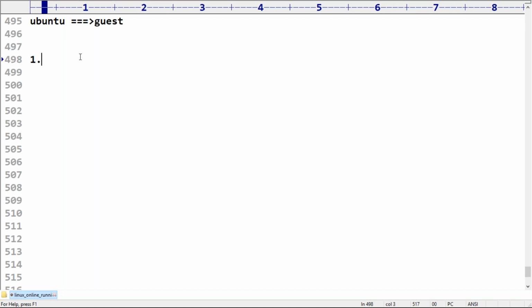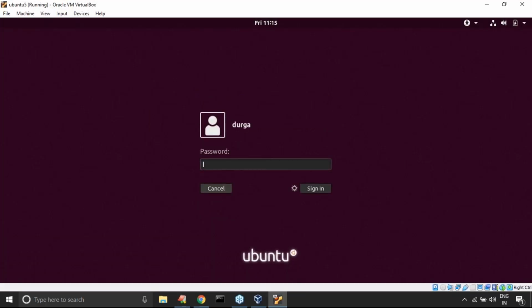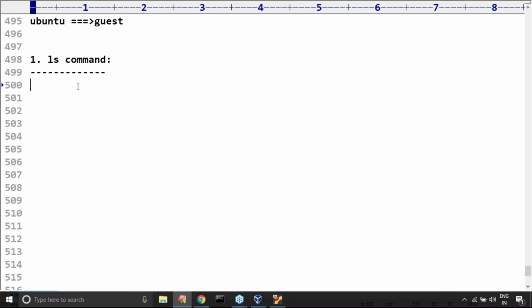The first command we have to discuss is the ls command. Remember this one. What is the purpose of ls? What is the meaning of ls? ls means list, just listing. Can you please list out